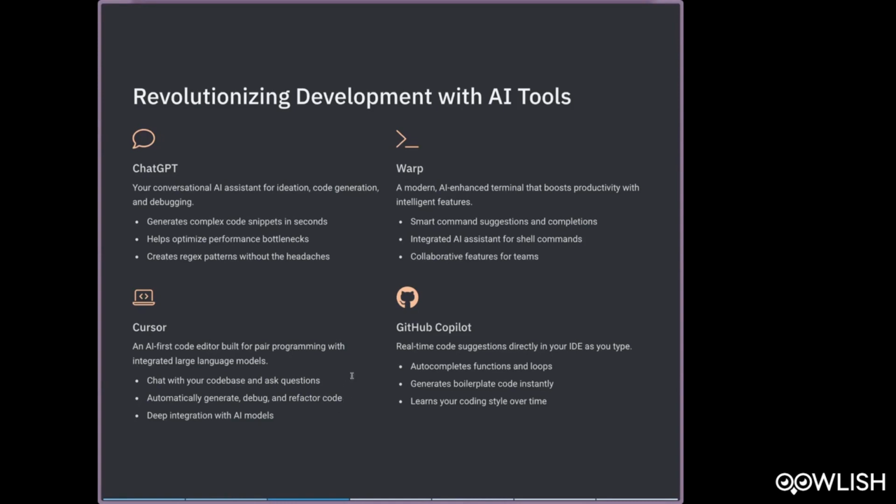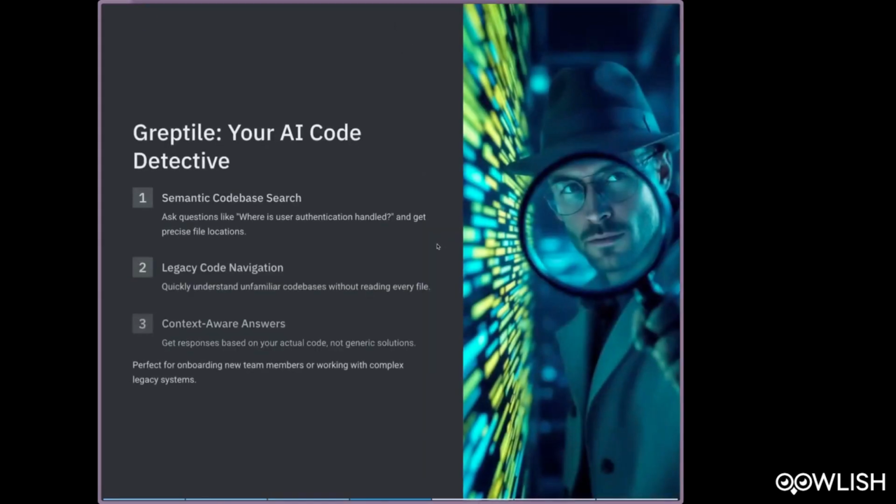And then there is Copilot. If you are using, for example, VS Code, you already have an extension that you can install, GitHub Copilot, and it can suggest code, autocomplete code, generate boilerplate, and so on. It also learns from your code, which is great. And then the fifth